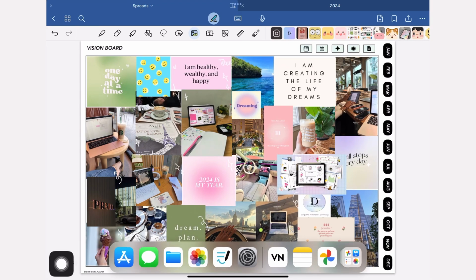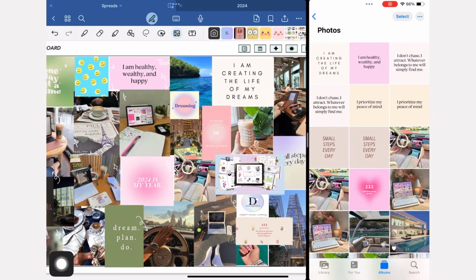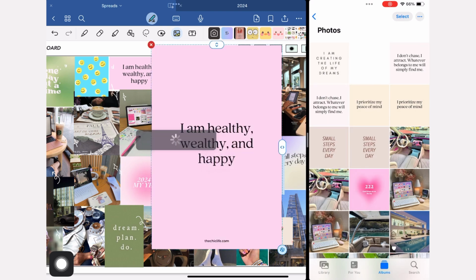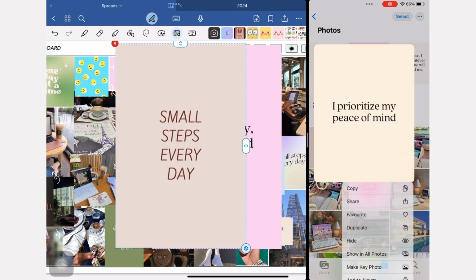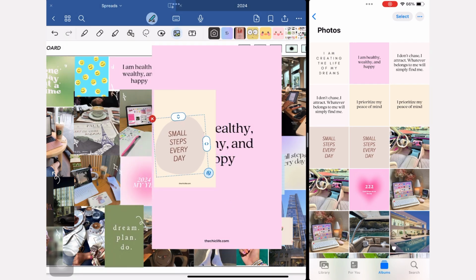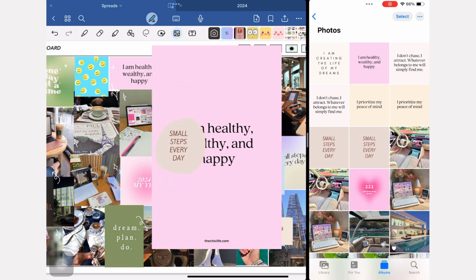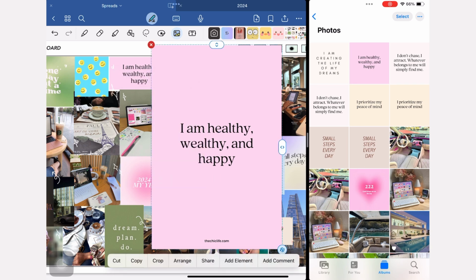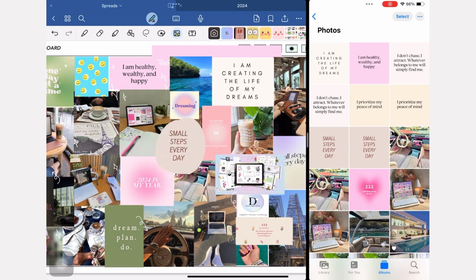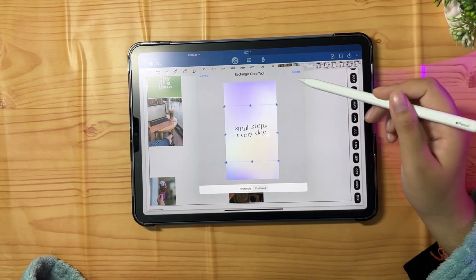There's also another way. You can open your gallery in split screen view and open the album and then pick and drop all the photos either together or you keep on dropping and adjusting them side by side, whichever way suits you or you enjoy using. You can also tap on the image and again crop, and you can also go to arrange and select whether you'd want the image to be on top of the other one or not, and send it to back or send it to front. Now I'm using this method because I like this more, and you keep on adjusting and